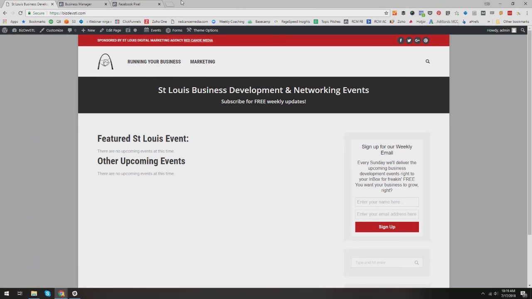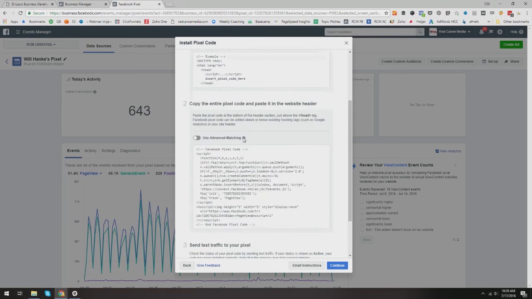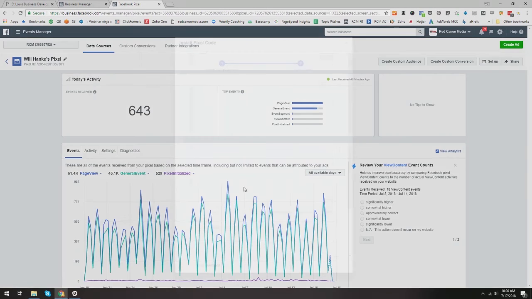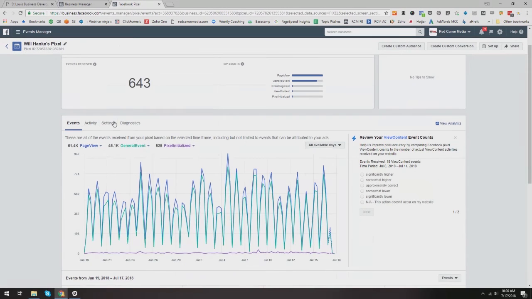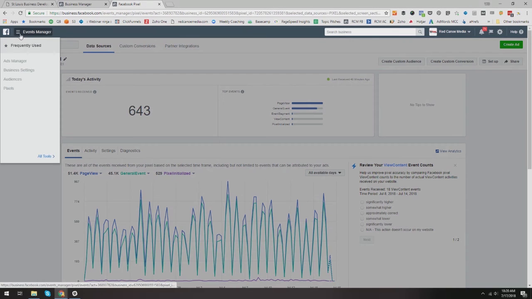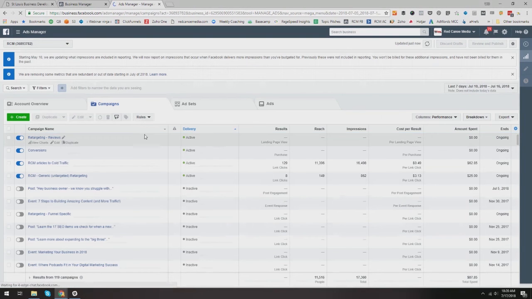So that is, in short, how to set up a pixel for a website. And of course, in the back end here, just hit Continue, Done. Now this will start to fill in with new data as people visit your website. Then you'll be able to go over to the same hamburger menu, Ads Manager, and you'll be able to start running ads, particularly to people